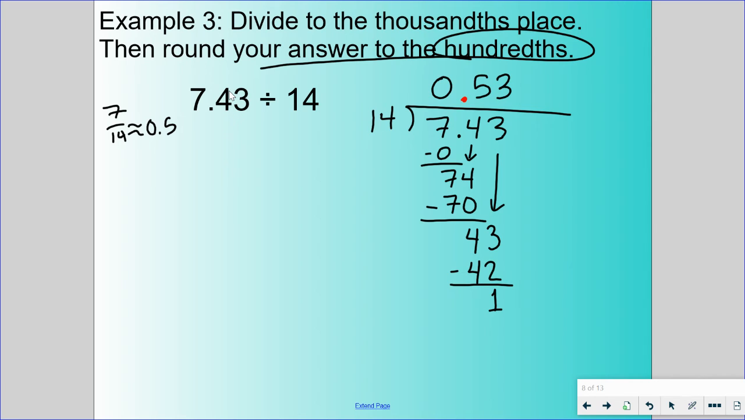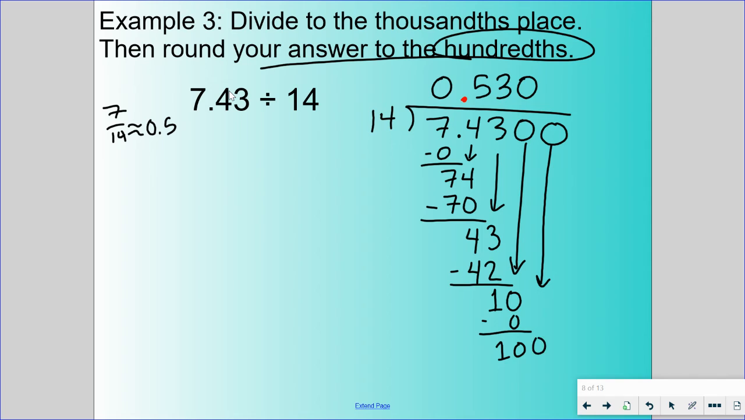Now, wait a second. This is going to keep going. So let's add a 0. But 10 cannot be split into 14 parts. At this point, you could keep going, but let me look back at the directions. Directions say divide to the thousandths place, and if you must, then round it to the hundredths. Well, guess what? We've already divided it to the thousandths place. So I'm going to write